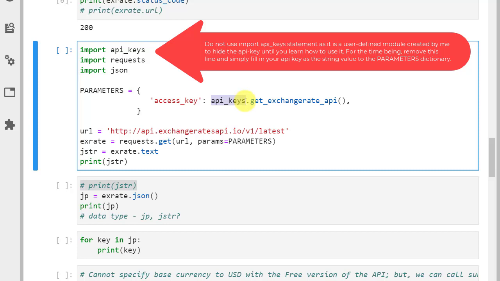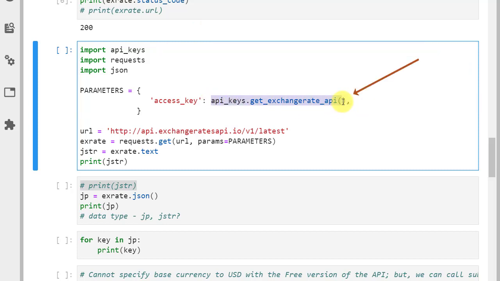User created module. And we'll talk about this in a different session as to how you would do this. I basically use a function that I put in that module that outputs my key. That's it. So we'll talk about how I do a user created module later on. But for the time being, what you need to do is remove this and replace this with your API key